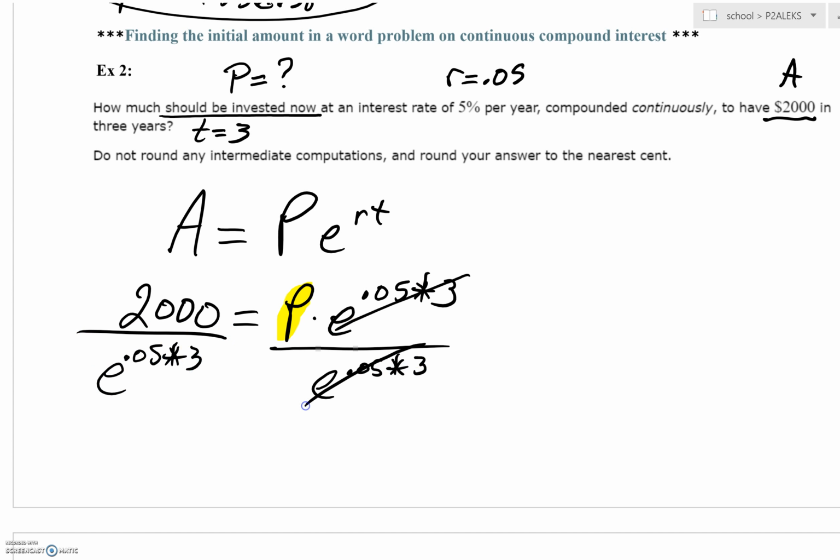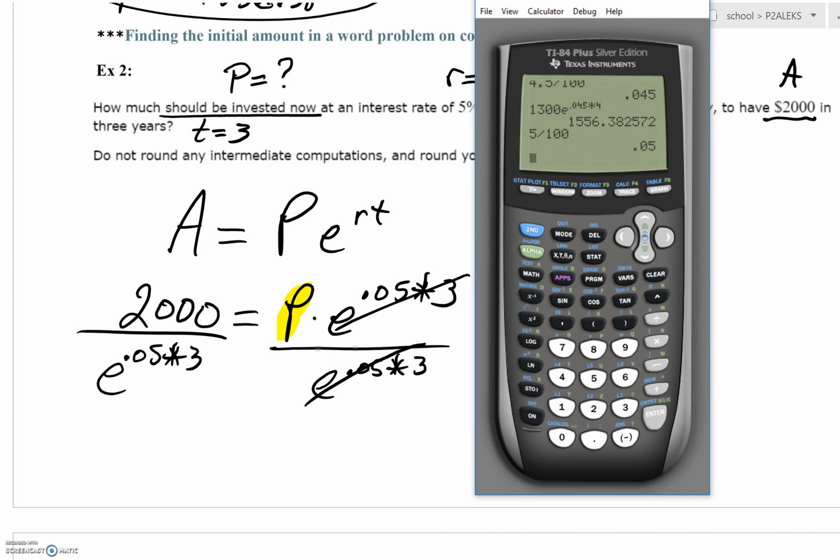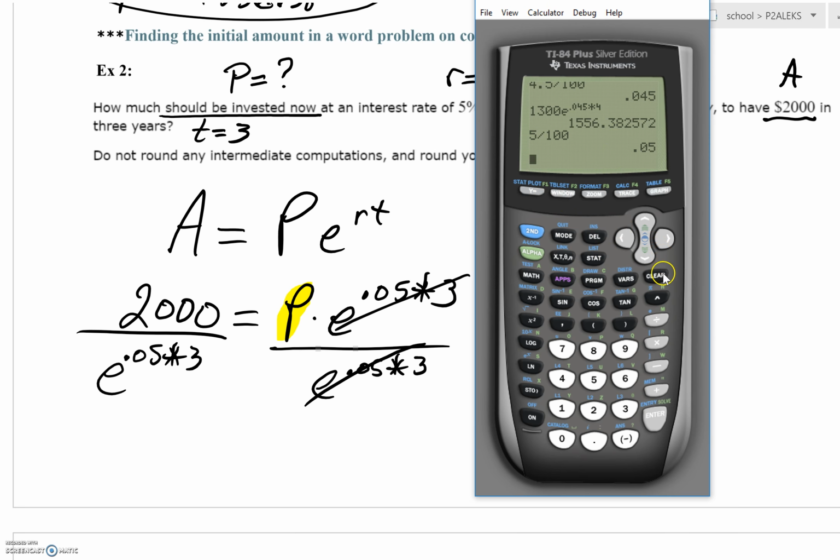And you can see this is going to cancel out. Now, this is where, guys, when you're working this out on your calculator, you could make the fraction show up. Alpha y equals, and we'll type in 2,000, divide by, here's your second e, here's your 0.05 times 3. And you can see you get